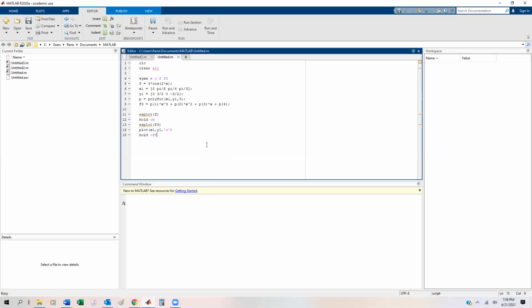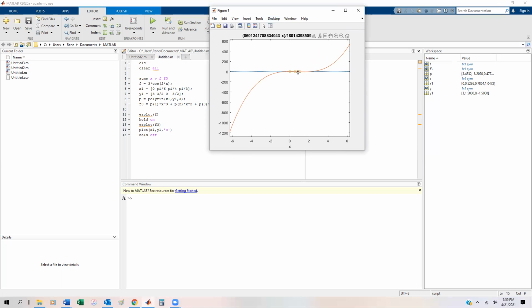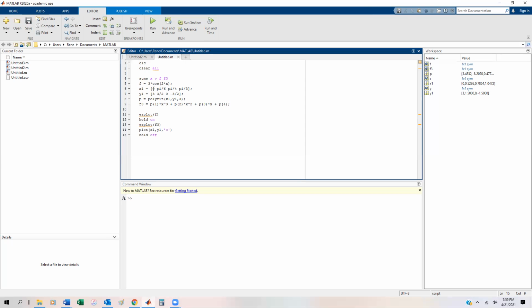Hopefully something nice. We're really hoping that the polynomial function looks at least somewhat decent, and it does, right around here, which makes sense because remember, it should only be good for 0 to pi thirds. So this is pretty good. I'm going to resize the window a little bit. I'm just going to make this from 0 to, since pi thirds is roughly about 1, let's